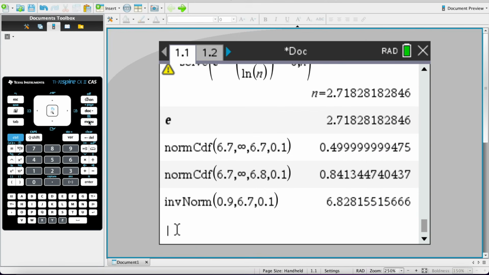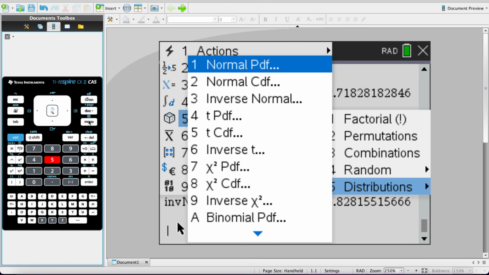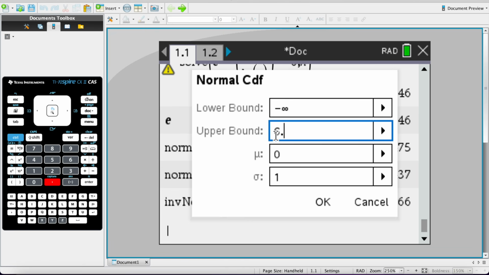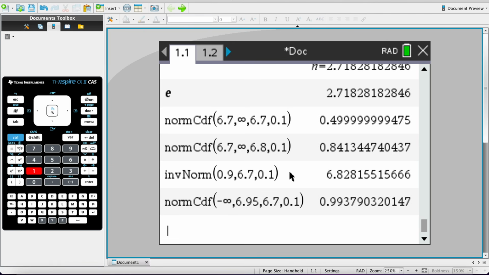So that's menu 552 again, and you want negative infinity all the way up to 6.95. Mean is 6.7, standard deviation is 0.1. That's